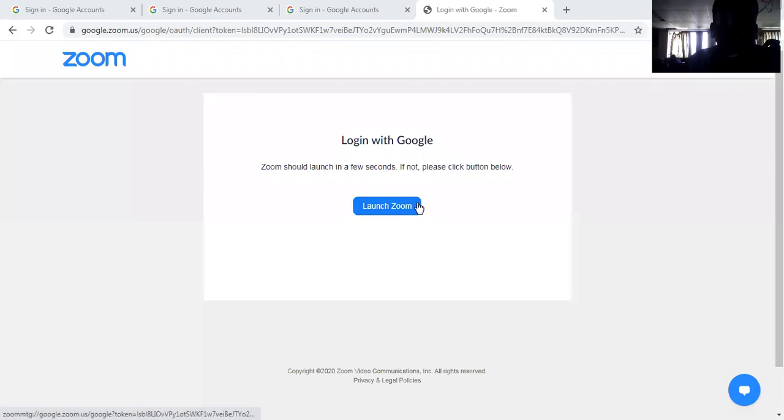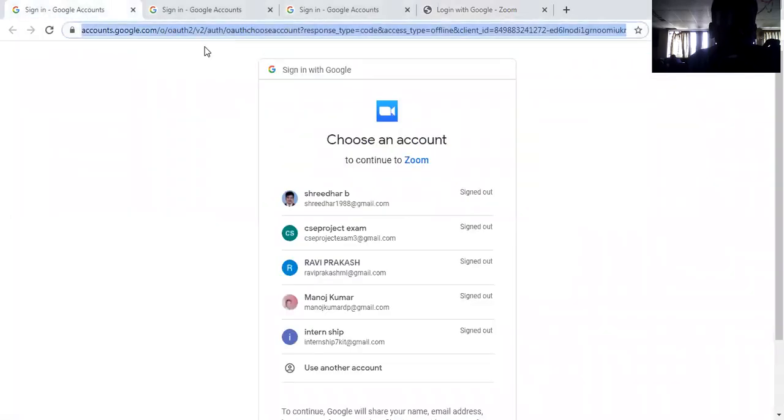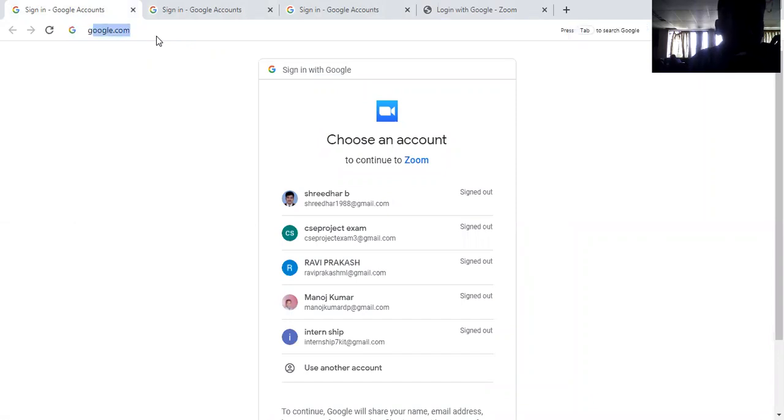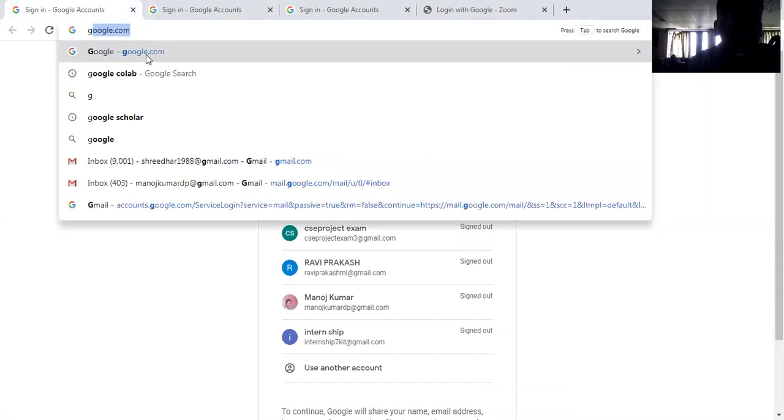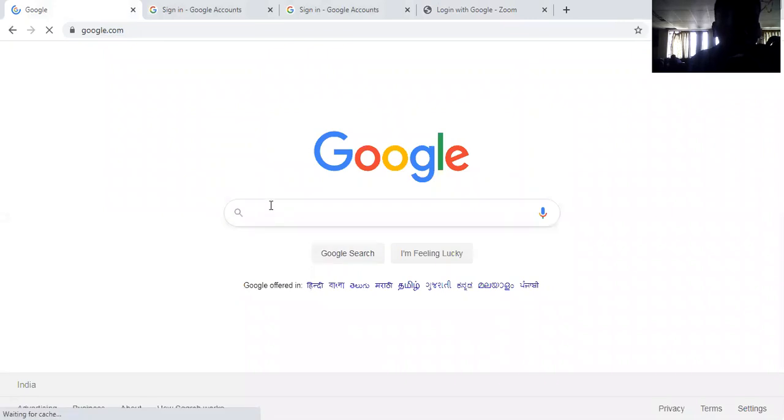So open Google Chrome. In the upper bar, you type google.com. Once you get google.com, now you type Google Colab.